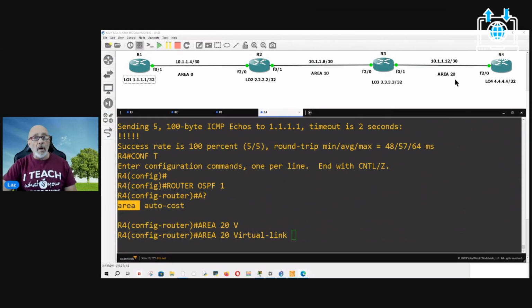So router 4, right underneath the little bed there. Router 4 is connected to a router that's not connected directly to area 0, so that's why he couldn't learn beyond this loopback that's connected to his area. And then router 1, obviously router 3 would know, router 1 knew all the way up to here, which means router 3 would know all the way up to here, because router 3 is connected to a router that's connected to area 0. Therefore, there's something special you need to do so that you talk to each other.